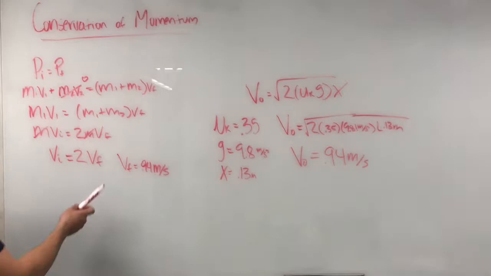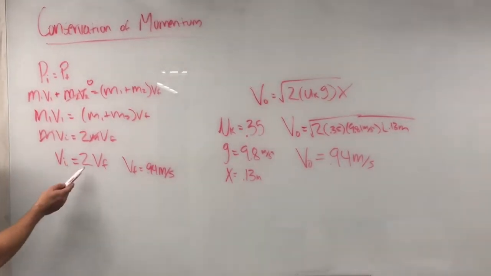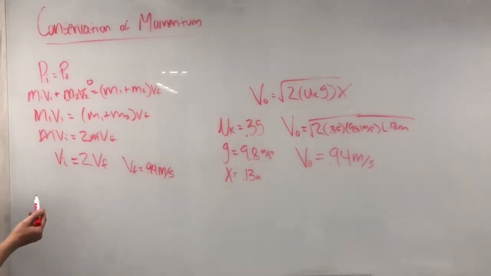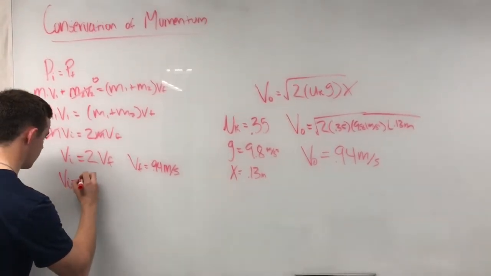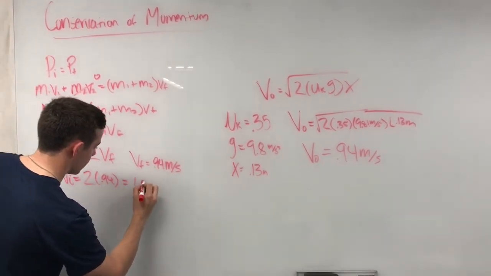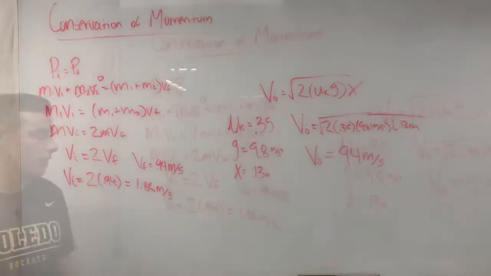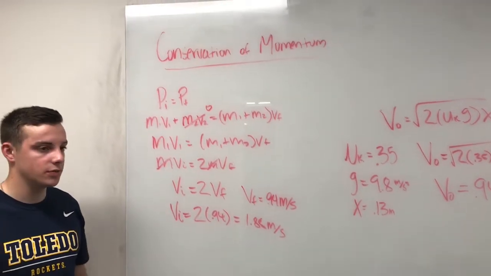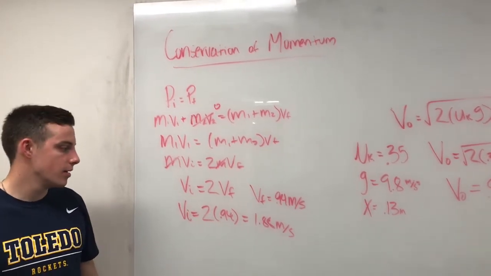Now we have solved for the velocity of the two blocks right after the collision. You can plug that into this equation to find the initial velocity of the first block right before the collision. So the initial velocity of the first block will equal 1.88 meters per second. And this initial velocity is useful for cops because they can determine if a car is speeding before they collide